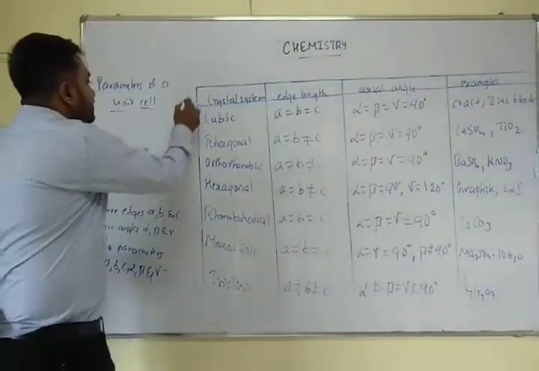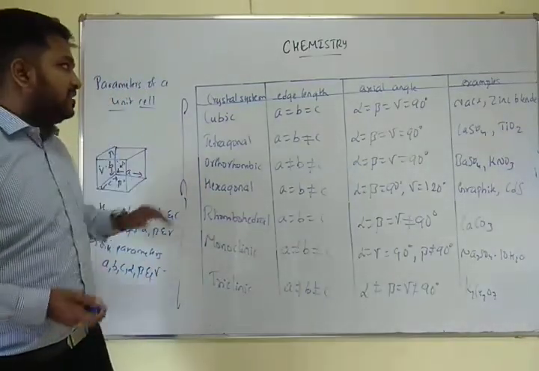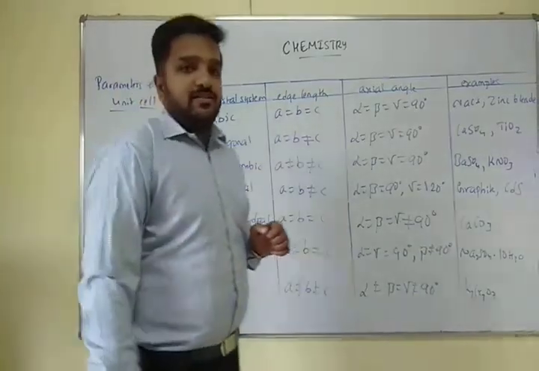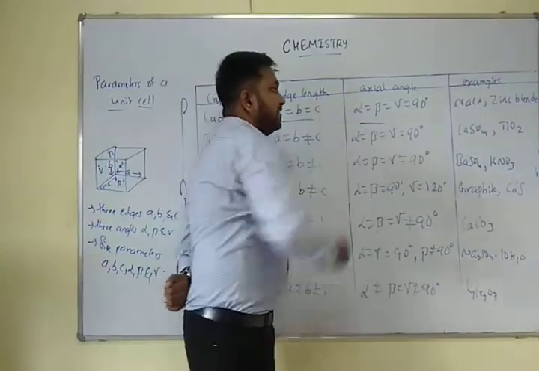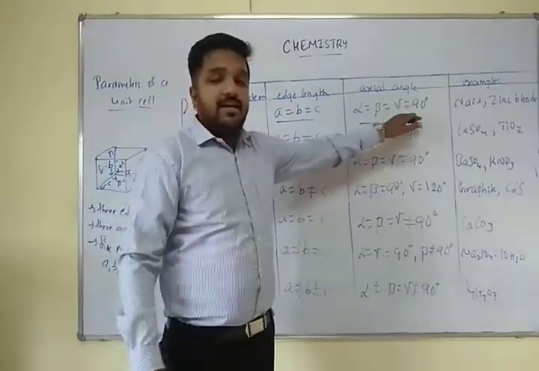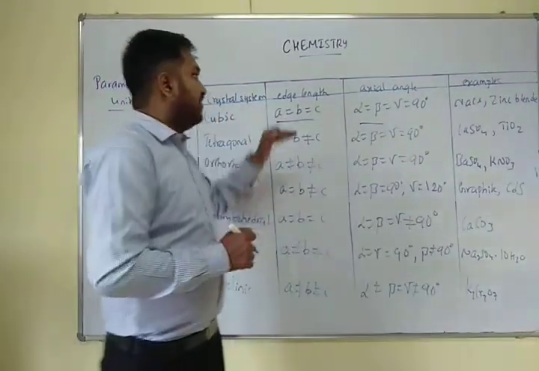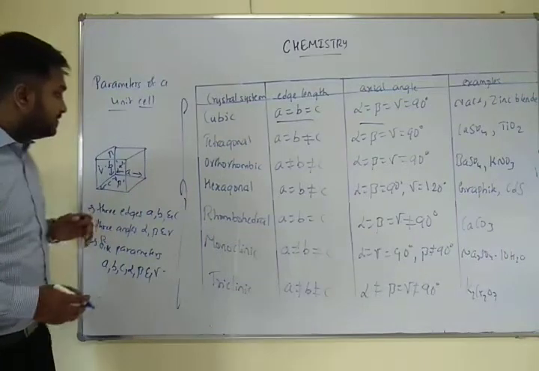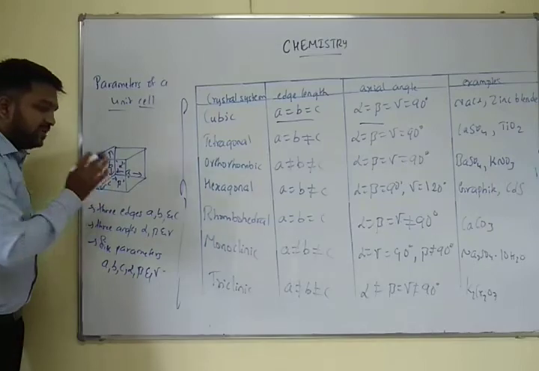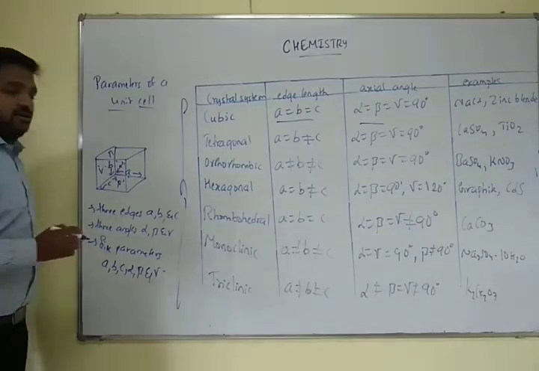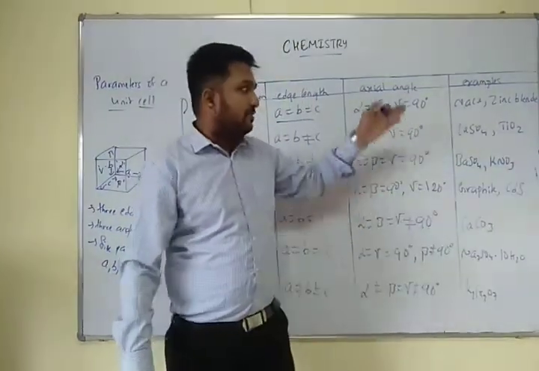So we have these 7 crystal systems by varying the edge lengths and also the axial angles. The first one is the cubic crystal lattice. In this case, the edge lengths A, B and C are equal and the angles between them, alpha, beta and gamma, are 90 degrees. That means all the angles are perpendicular to each other, whereas the edge lengths are equal. That means the cubic crystal lattice almost looks like this itself. For example, we have sodium chloride, which is common salt, and one more is zinc blende.